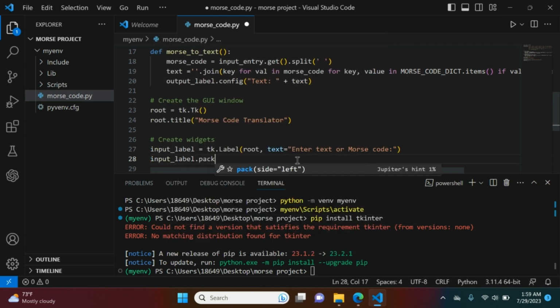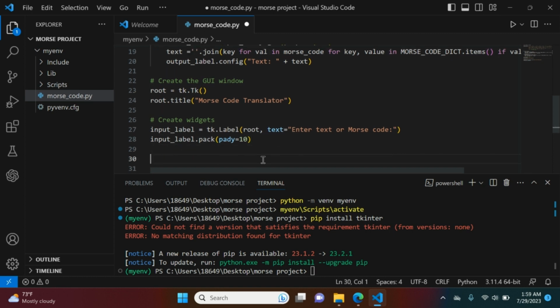label.pack. Pretty much what this does is, Python's an object-oriented language. So pretty much you are doing the layout first. You're telling it right here what we want to be done, and then we're activating it. We're packing it, activating it so it displays. Okay, now we're going to